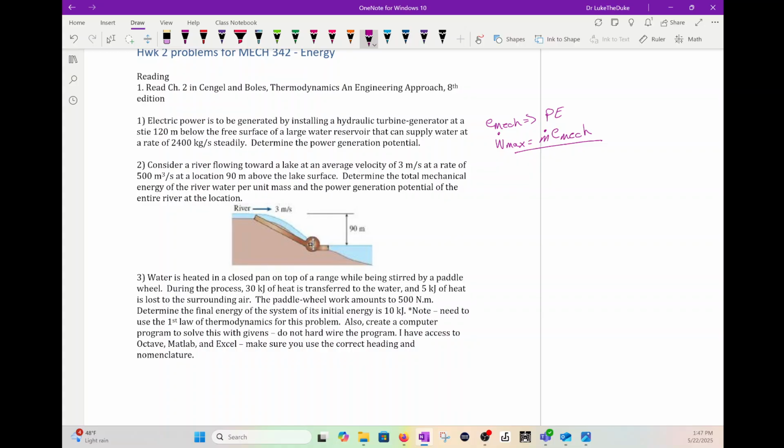Now, consider number 2, consider a river flowing towards a lake at an average velocity of 3 meters per second at this volumetric flow rate, 500 meters cubed per second, at a location 90 meters above the surface. Determine the total mechanical energy of the river per unit mass and the power generation potential. Okay, so